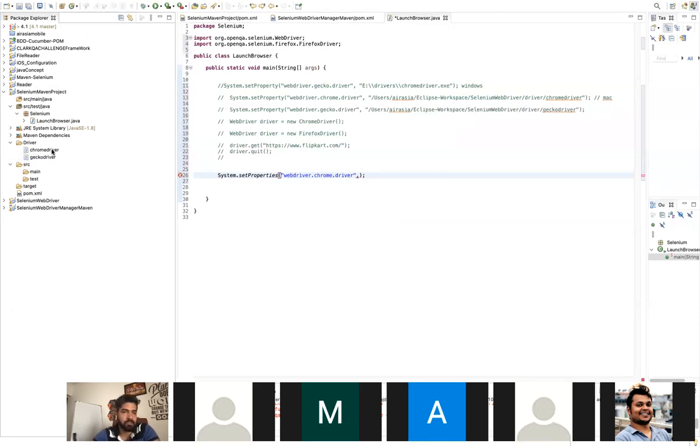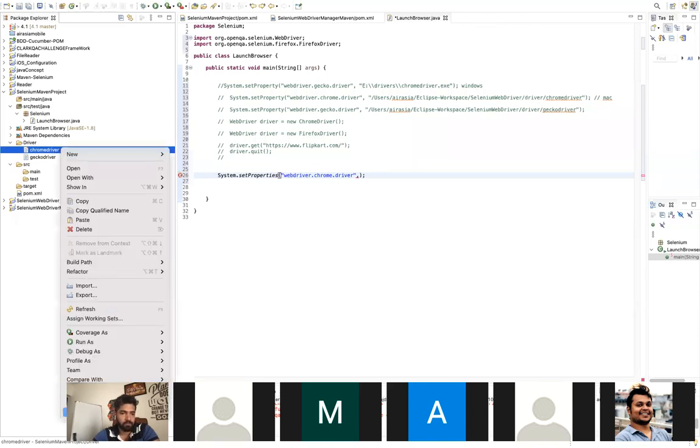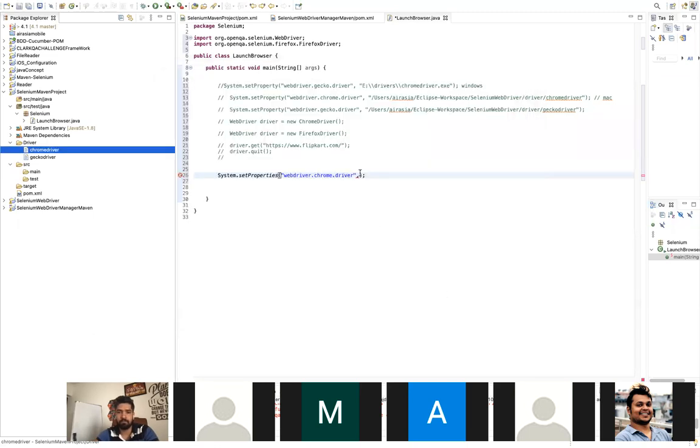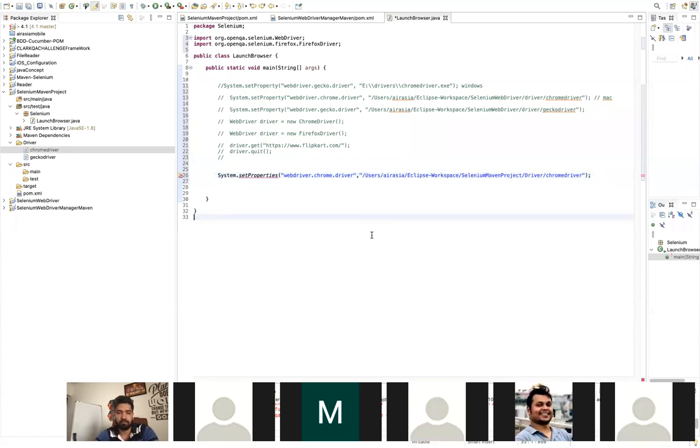You can get the path from here: just right-click, go to properties, and from here you can copy this path and put it here in the form of a string. Okay, so this is the Chrome driver and I'm giving the path of the driver.